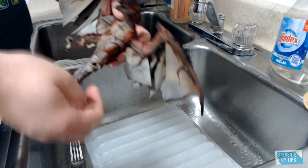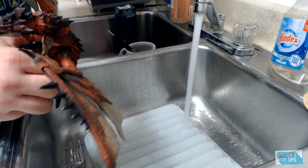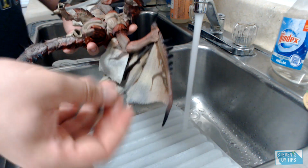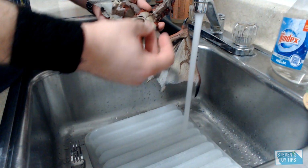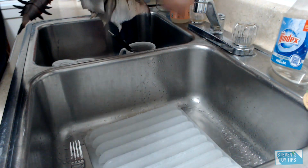So what do you do? Well, you're first going to apply heat. What I like to do is use this. Mine gets really hot, near boiling. Then what you're going to do is heat up this general area, right? So you're going to stick Los's foot under your heat source. I would do that. I've already done that. I'm at that point. Now, when you go ahead and pop off